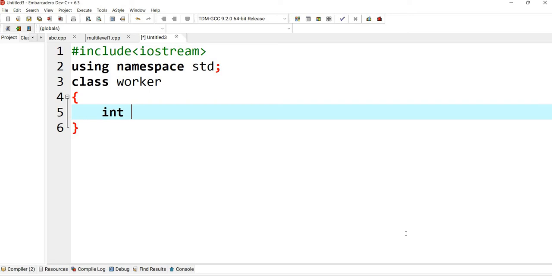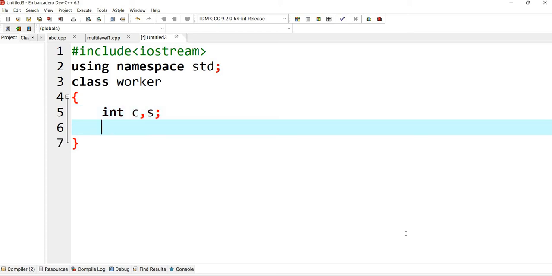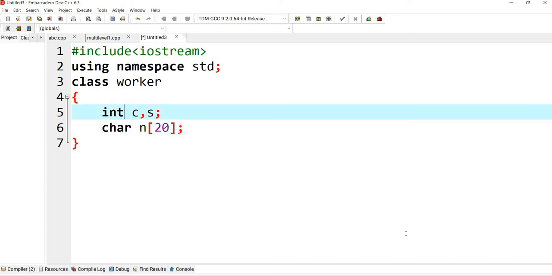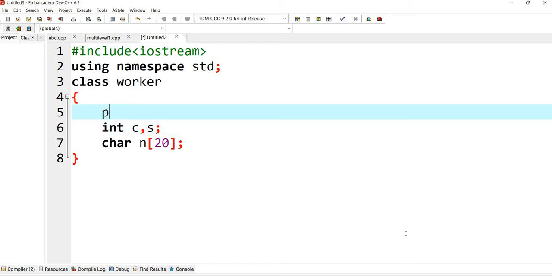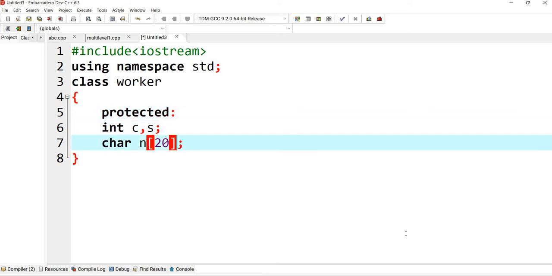Code and salary will be integers, so take int c and s here, and name I'll be taking as a character. One more thing I'll show you, we can also use this protected modifier, right? So we'll write the protected modifier here.